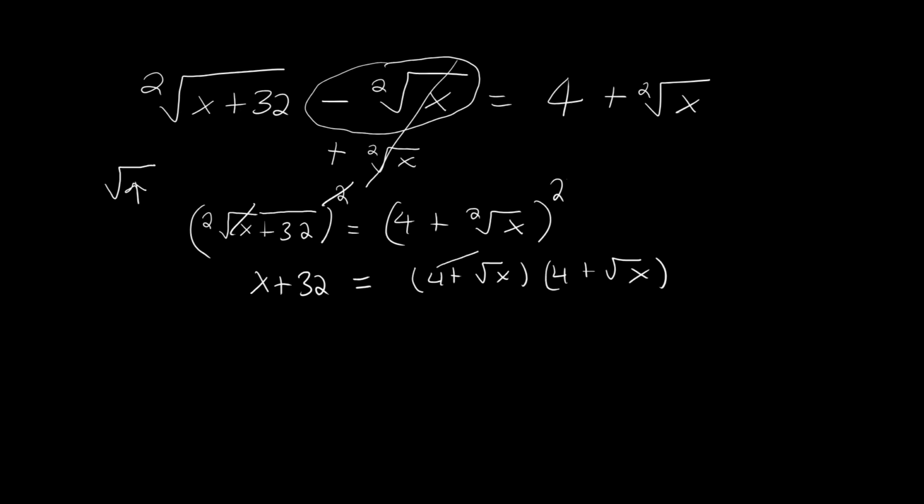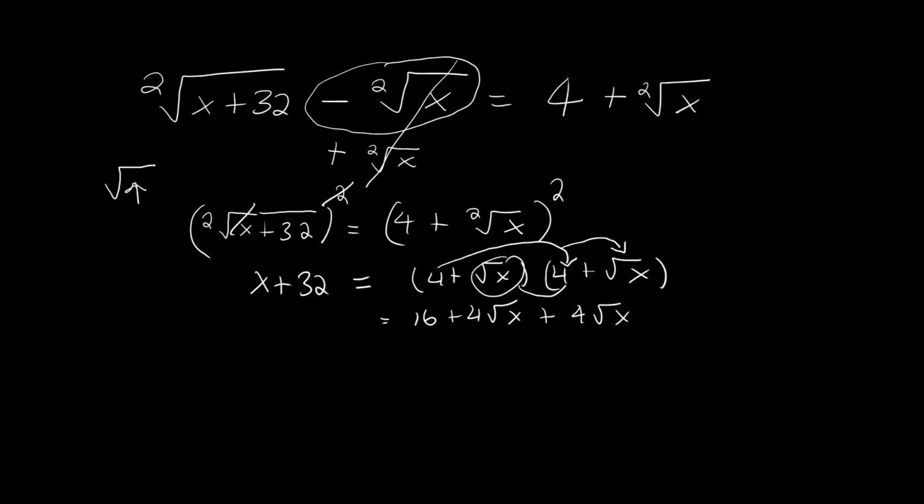Now let's distribute the 4 to this term here and to this term here. 4 times 4 will be 16, and 4 times square root of x will be 4 square root x. Next, we will do this one here. This will give us plus 4 square root x, and